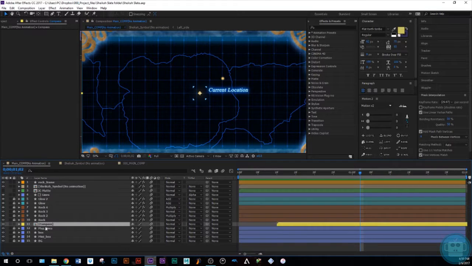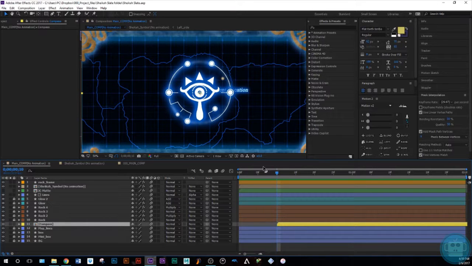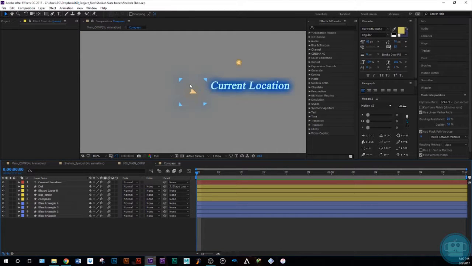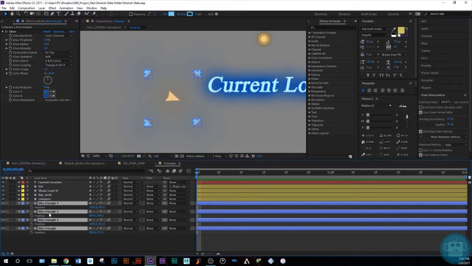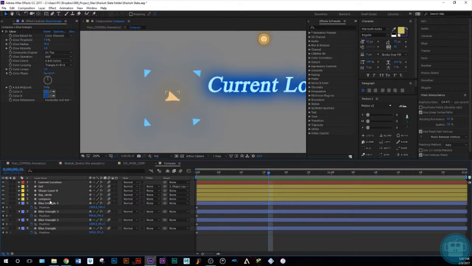We're just gonna go over here to the compass layer, and you can already see I gave it a 10 frame head start. Okay. So we're gonna keyframe the position of the blue triangle layers, right? And let's go 15, 4, 5. All right. And then at 15, they're all gonna, you know what? Hold on. We're gonna need to change the rotation of this one right here, because they're all pointing outwards. All right. So now that they're all pointing outwards,